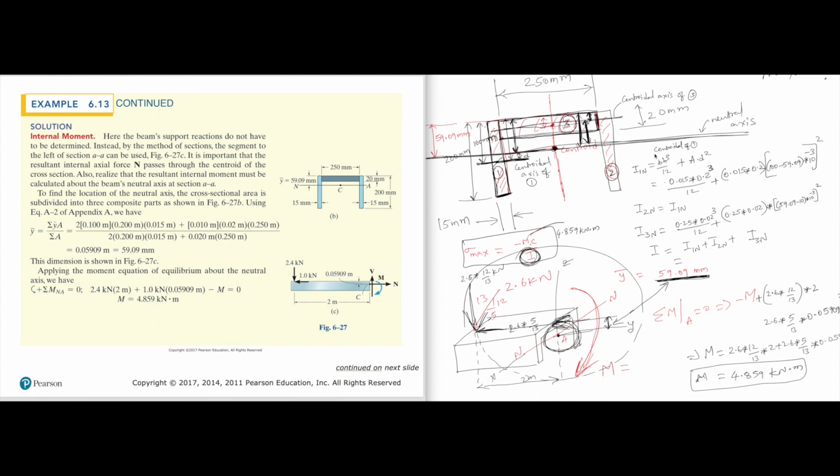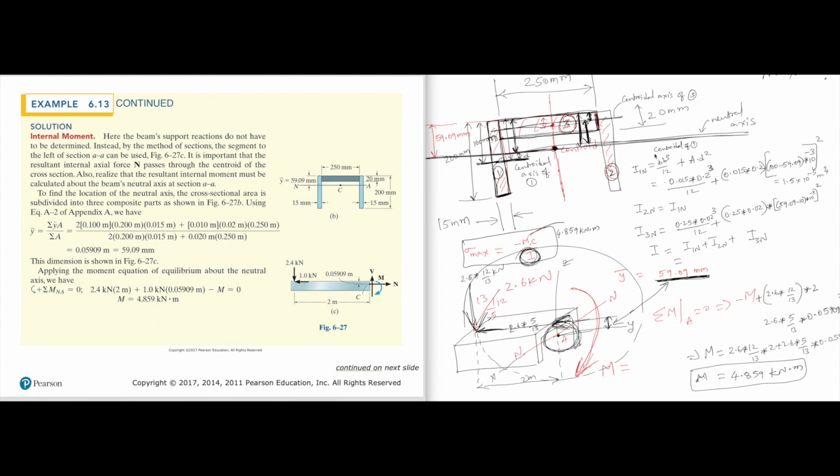Got the first one to be 1.5 times 10 to the power minus 5 meter to the power 4. So I2n will be the same. I3n is